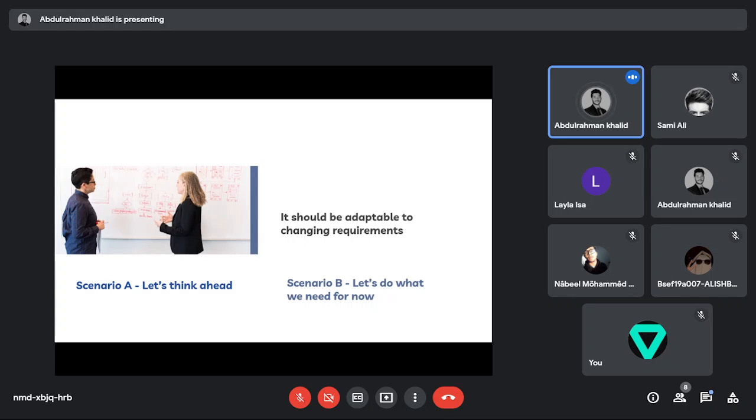So scenario B, let's do what we need to do for now. Let's not waste time on thinking how the code will be implemented or how the code will change in a year's time from now. Let's actually take these 3 months and do what the business actually needs for now, all right? So you might write pieces of code within 3 months,